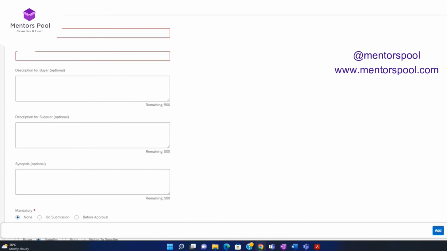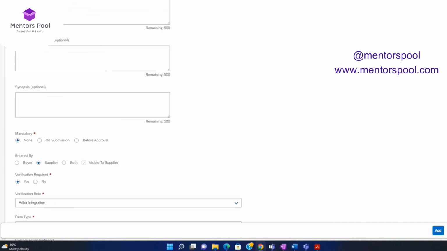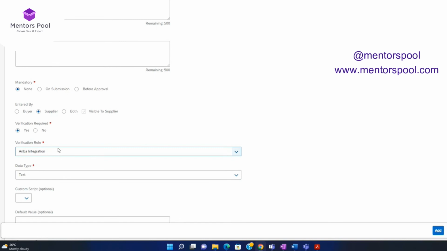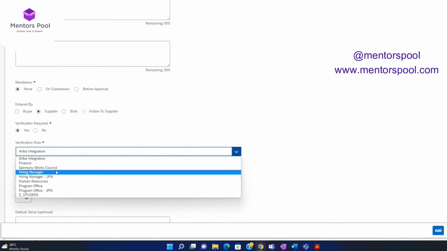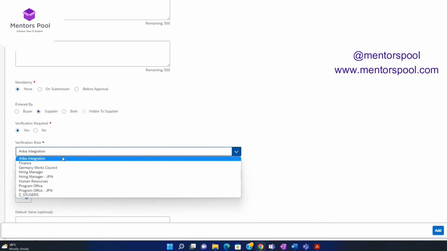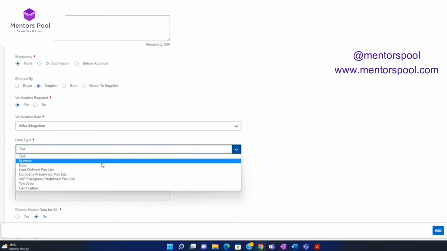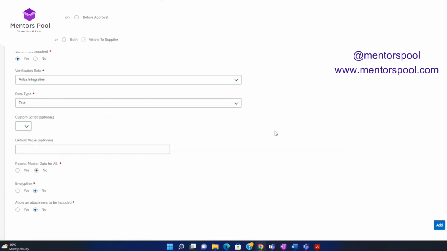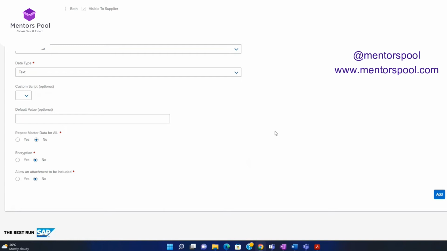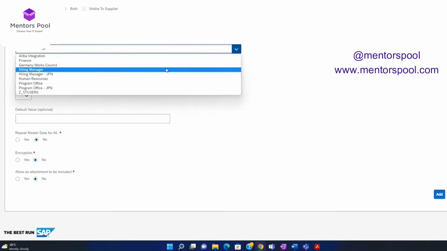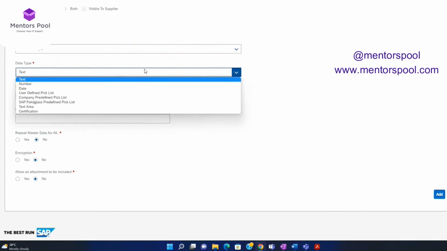So these are certain data fields that we can add on at various levels. Like for example, you want a role who has visibility to this data. We can have this data available for them. We can define what kind of data this is. Now this data is nothing but all the master data fields which are available with business, but they are not Fieldglass specific. We can put in those. Let's quickly define one. I'll put in the hiring manager. I want the data type